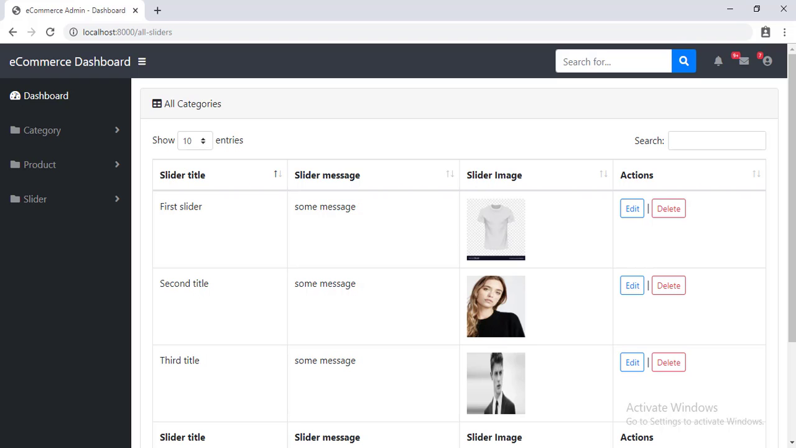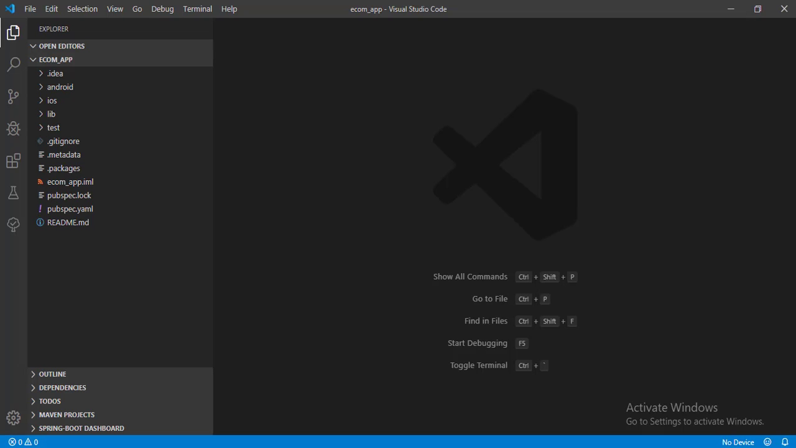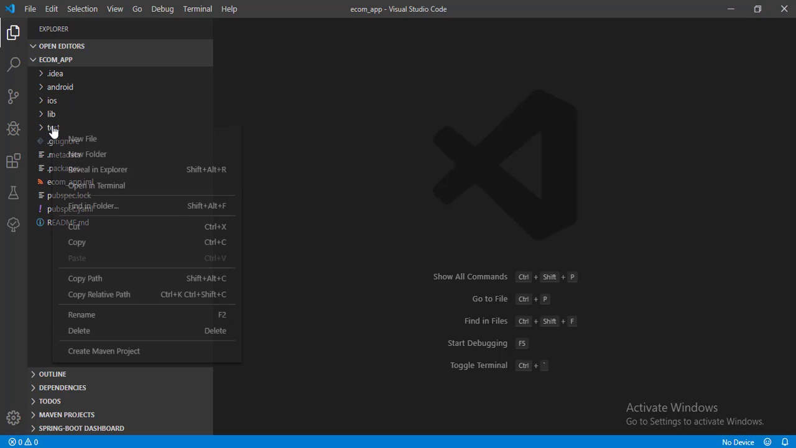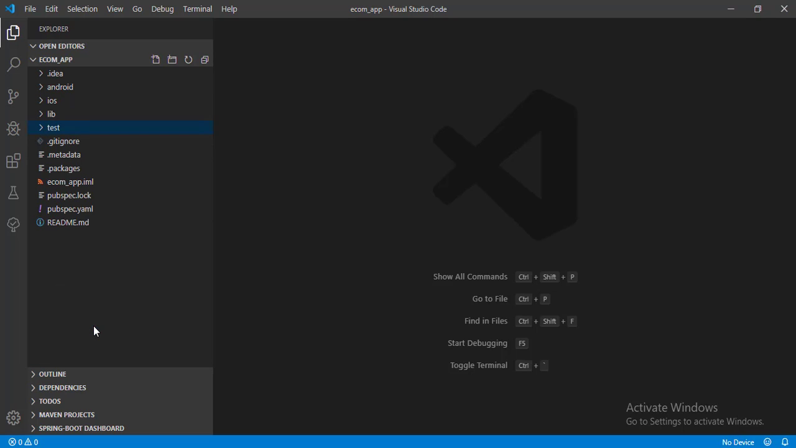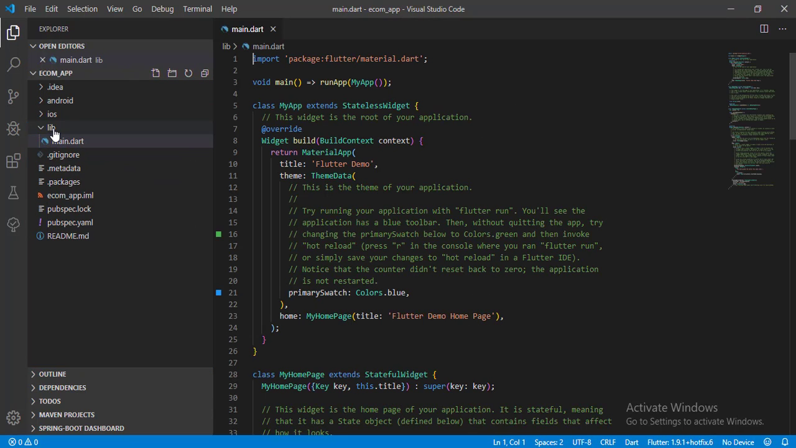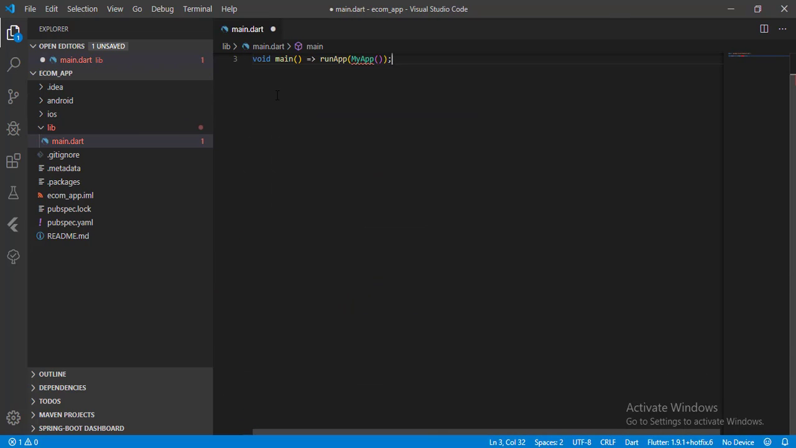Open the project in Visual Studio Code, delete test directory, open main.dart file in lib directory, delete everything below main method, rename my app to app, add a new directory,